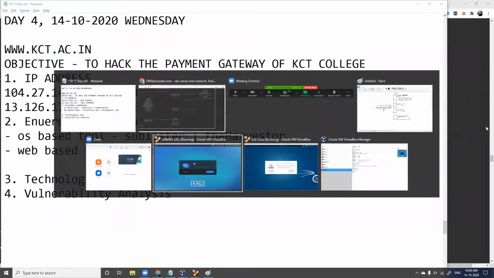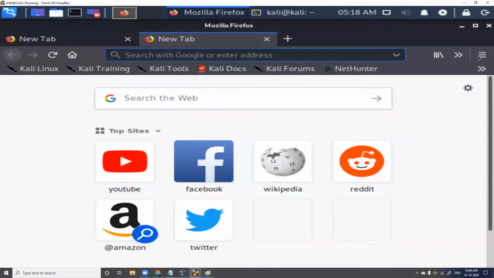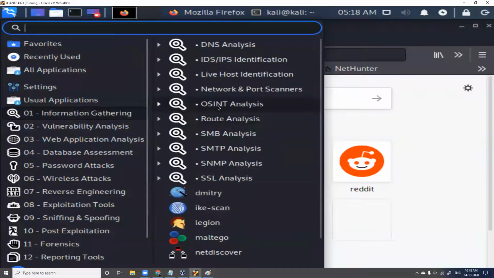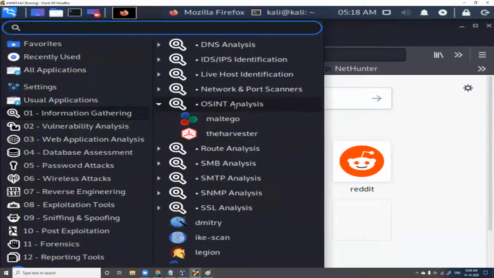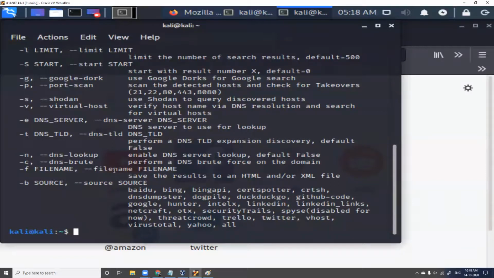We'll go for Kali Linux, Kali, and when you go for tools like this, you'll go for information gathering tools, and in information gathering, we'll go for OSINT analysis, open source intelligence analysis. I click this, I have this tool called theHarvester. You can go for this tool, open this tool. When you open this tool, it says it is executing theHarvester, perfect.